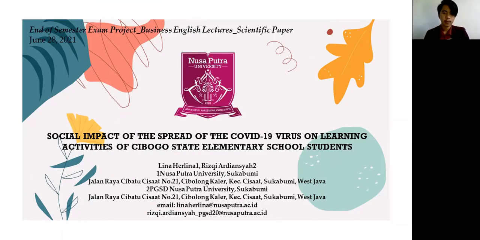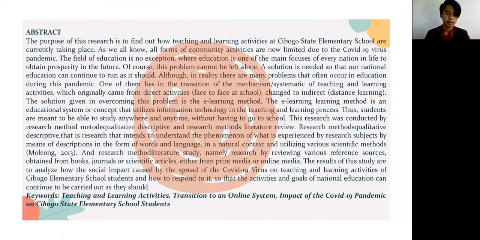Okay, the theme of my paper is education, with the title Social Impact of the Spread of the COVID-19 Virus on Learning Activities of Chibogo State Elementary School Students. And this is the abstract. The purpose of this research is to find out how teaching and learning activities at Chibogo Elementary School are currently taking place. As we all know,